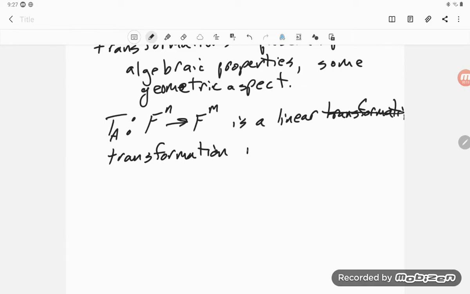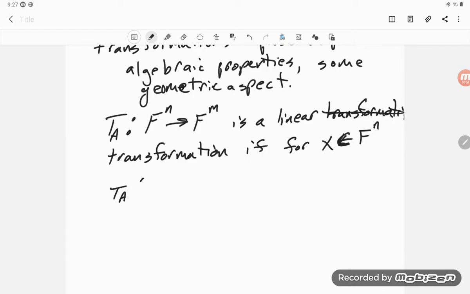Okay, if for some x in F^n, and actually we want to get used to notations, so an element of F^n,